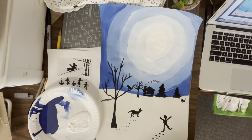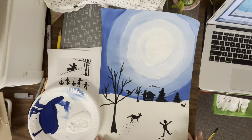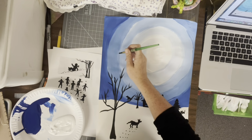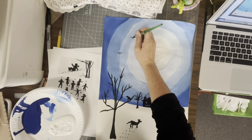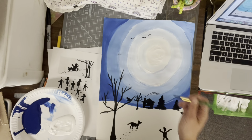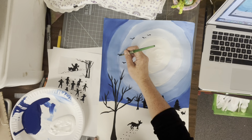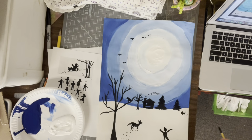snow. All right, I got my white paint for the snow. But I thought of one more thing I'd like to add that I saw on somebody else's that I thought looked really neat. And that's where they took their black paint and way up here they drew some little birds just flying off in the distance. And I thought, well, that looks so cool across the moon, having these birds flying. And it's just kind of like a little M shape. Just like two curved lines showing those birds. And there's their little body. So I've got some birds flying off in the distance, and I thought that was a great way to finish